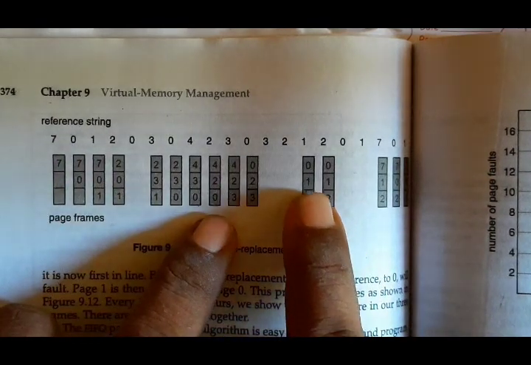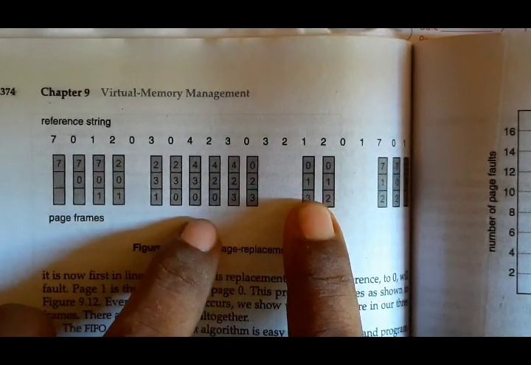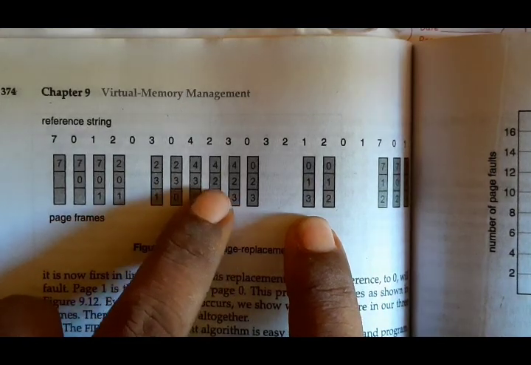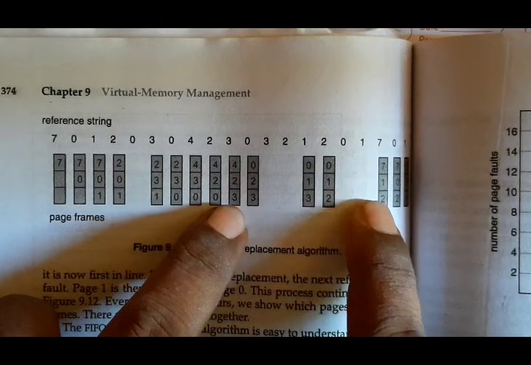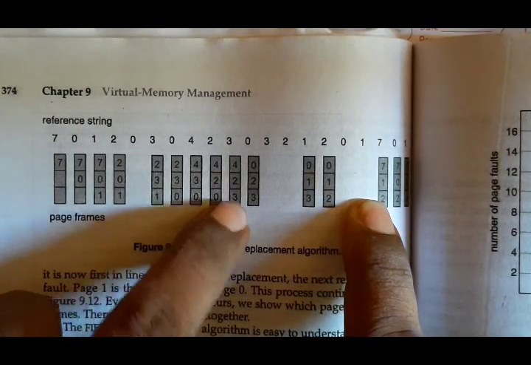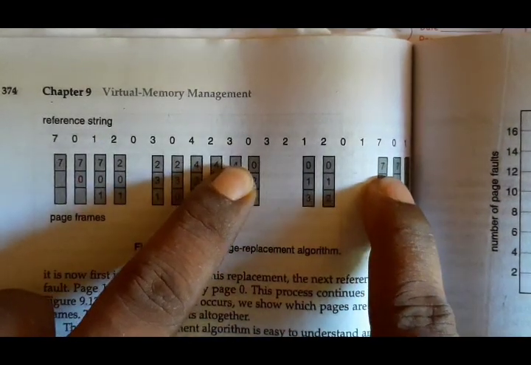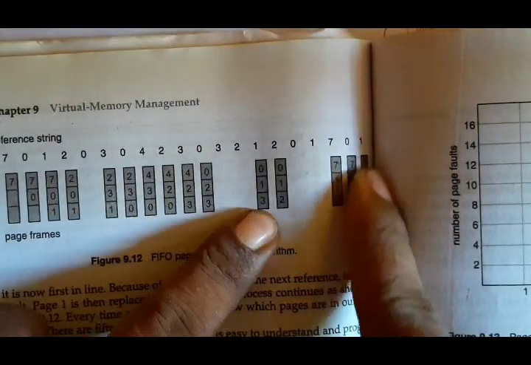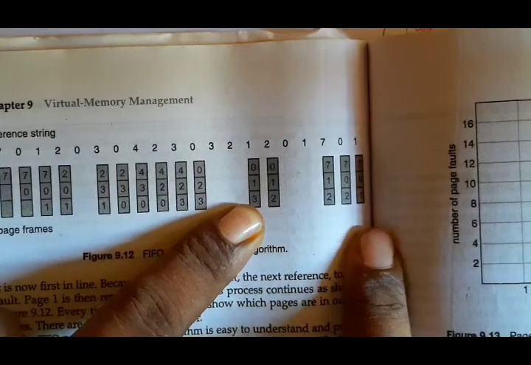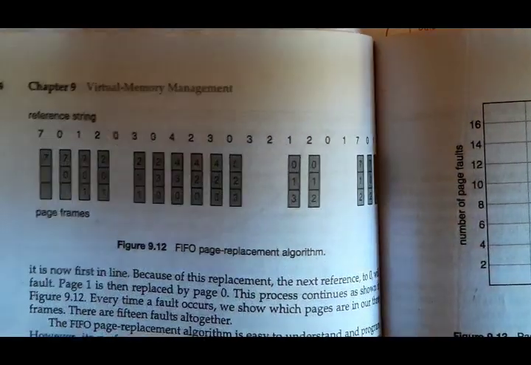So here 1 is replaced in place of 2, no? Next in place of 3, 2. Next 0 and 1 are present here, so no replacement. Next in place of 0, 7. Next in place of 1, 0. Next in place of 2, 1 you have to place. Clear no? This is first in first out